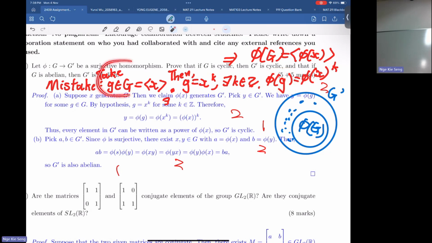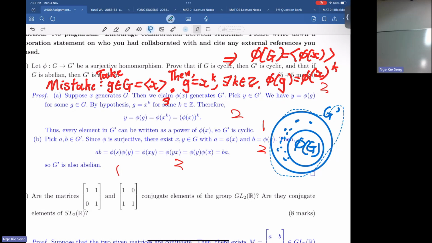You see this step: you take a g in the domain and then you apply φ. That's not what you should do. This is the image. You only look at the image. So what's the difference here? Many people are confused. In my step, I also got φ(g) equals this, and here also φ(g) equals this. It's the same, so why do you say different? This is the difference.